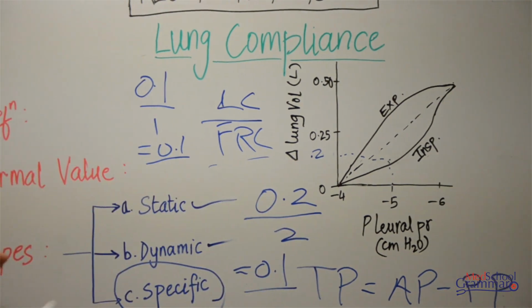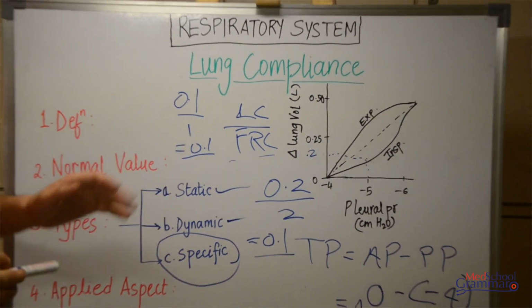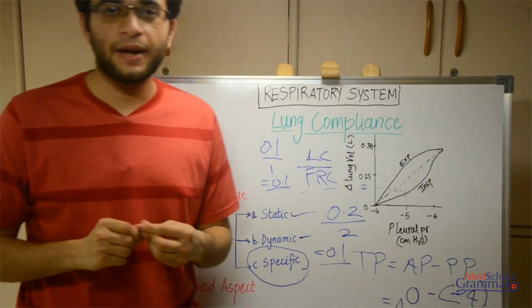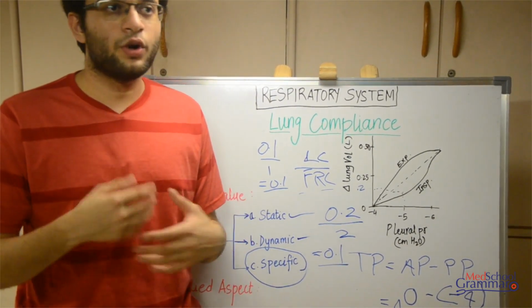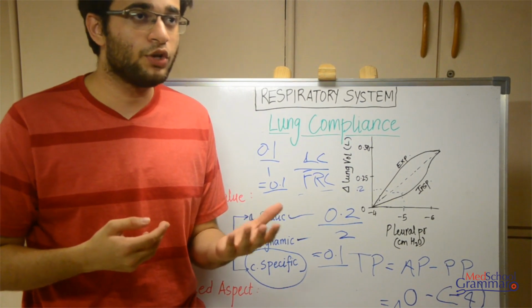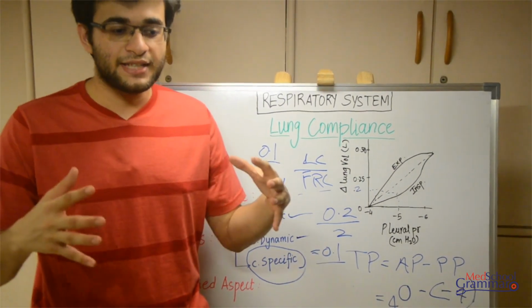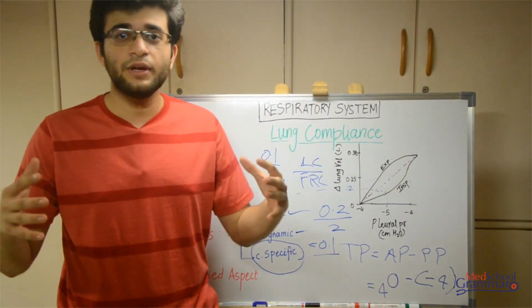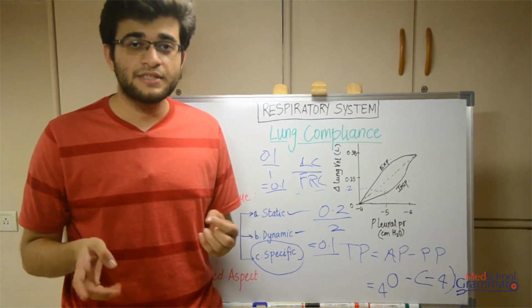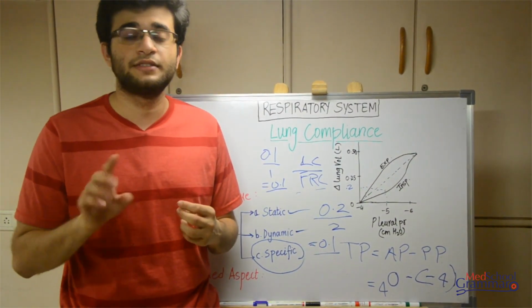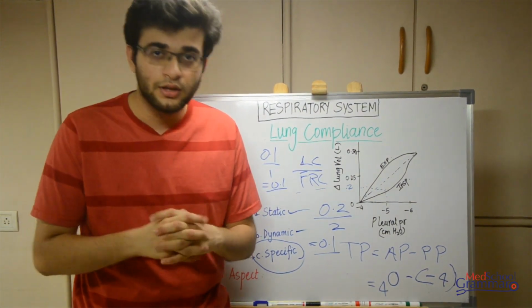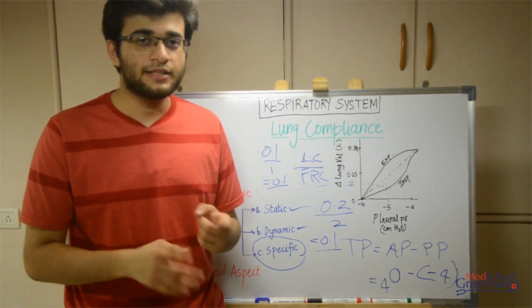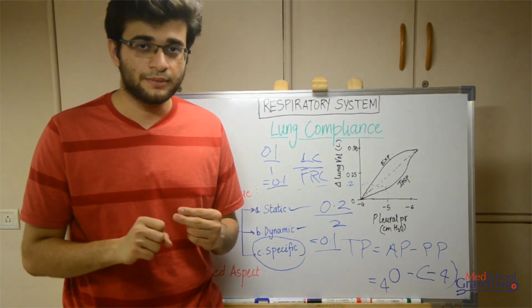Okay. Now moving on to the applied part, the lung compliance changes in various disorders. Okay, so the lung compliance increases. So what do you mean by when lung compliance increases? What would happen? What do you expect? The lung compliance is increase in distensibility. If the lung compliance has increased, that means it's easy to inflate the lungs, but at the same time it's difficult to deflate the lungs because it has lost its elastic recoil. This occurs in conditions known as COPD, or chronic obstructive pulmonary disorders, such as emphysema and bronchial asthma.